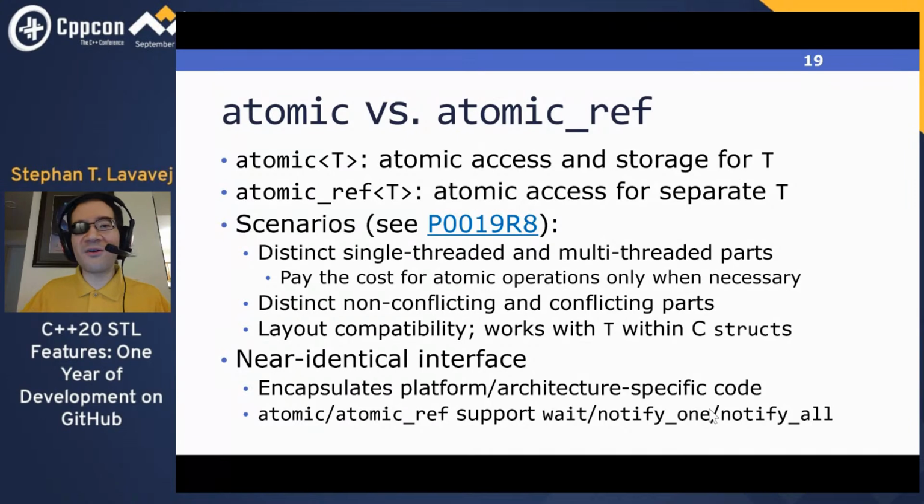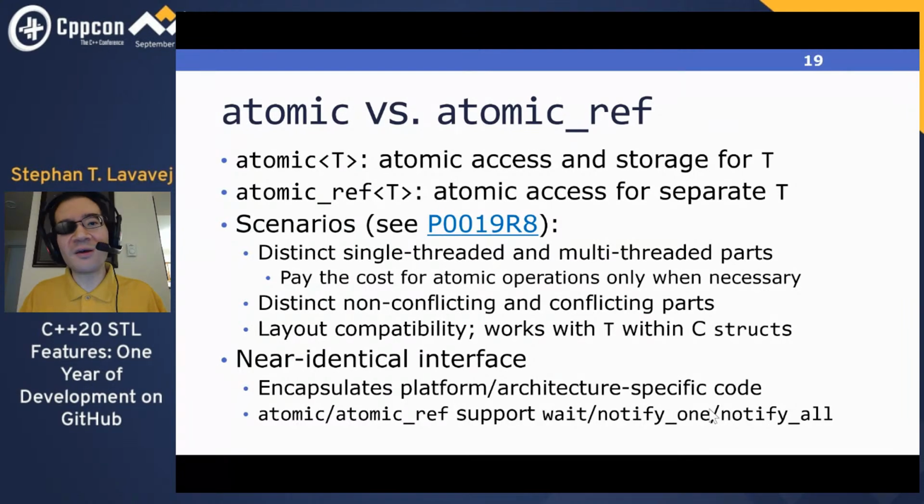And later on, if you have part of your program that does need multiple threads modifying a single element, at that point, you want atomicity. So that's another scenario for atomic ref. And then the third one is if you're working with a data structure that you can't invasively modify, like a C struct from external library code, and yet sometimes you want to update its members atomically, that's a use case for atomic ref. But aside from that distinction of what they store, they really have extremely similar interfaces aside